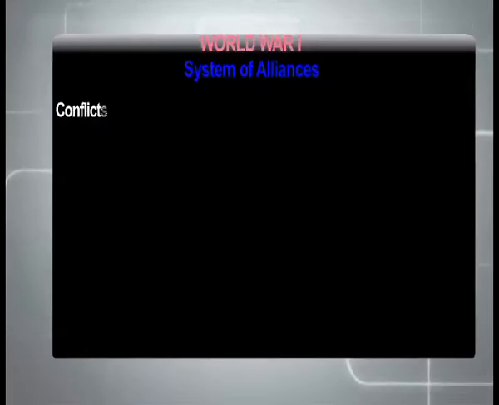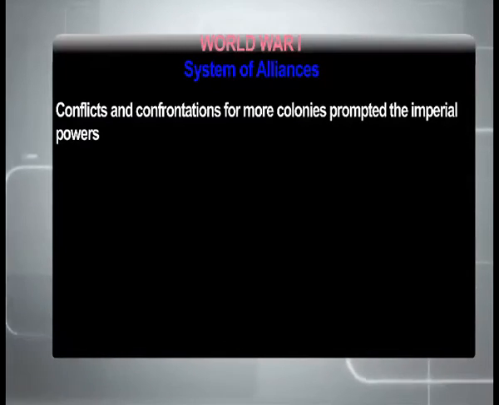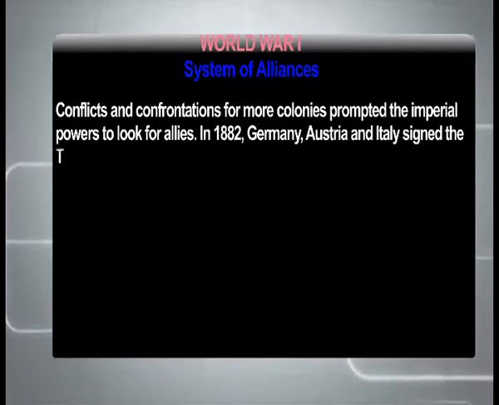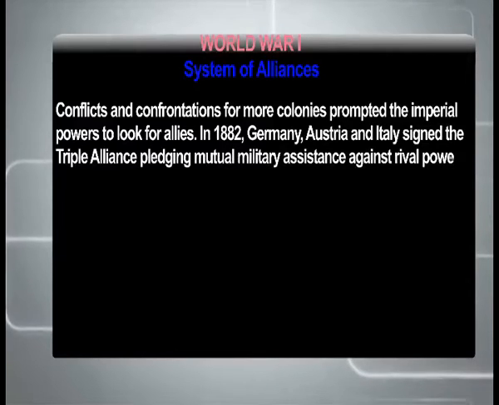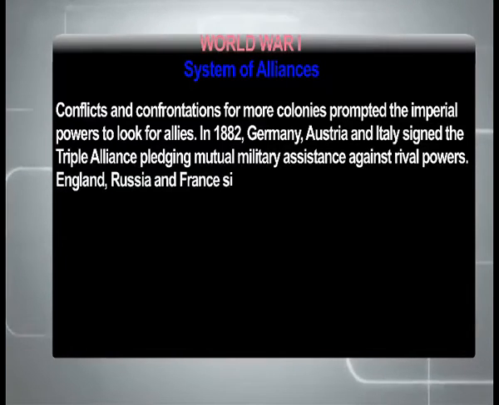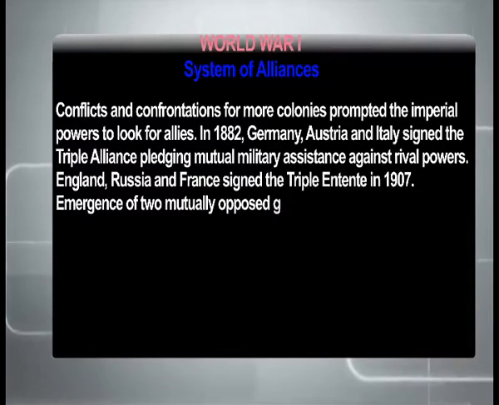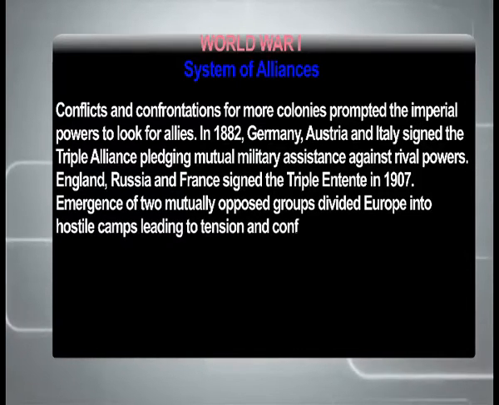Now, the system of alliances also played a very important role in the World War. Conflicts and confrontations for more colonies prompted the imperial powers to look for allies. In 1882, Germany, Austria and Italy signed the Triple Alliance, pledging mutual military assistance against rival powers. England, Russia and France signed the Triple Entente in 1907. Emergence of two mutually opposed groups divided Europe into hostile camps, leading to tension and conflicts